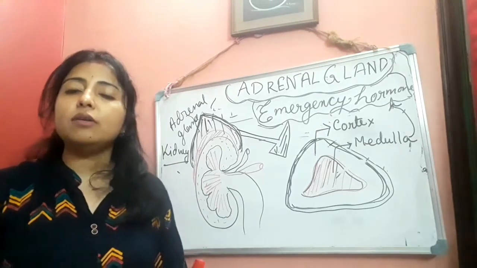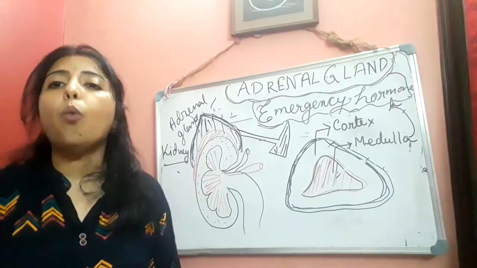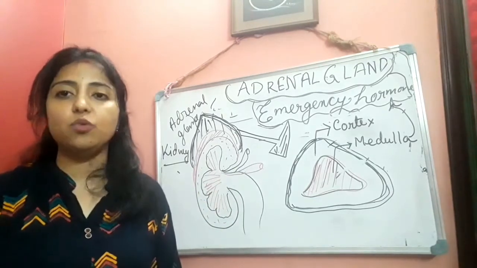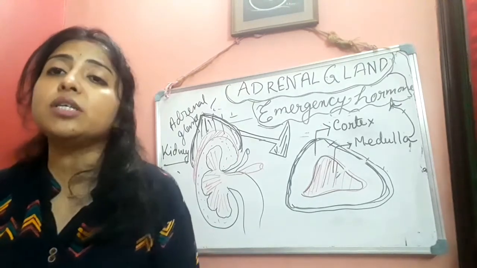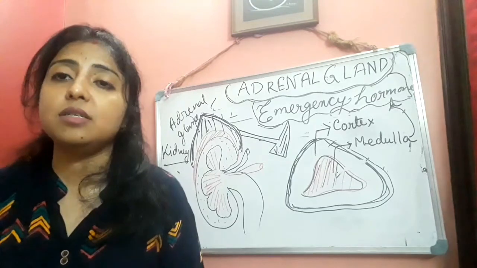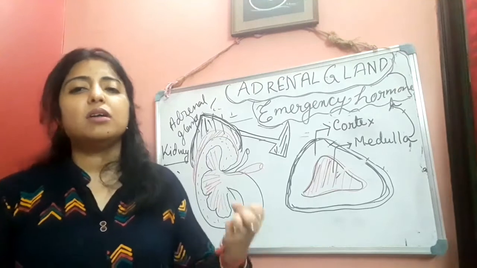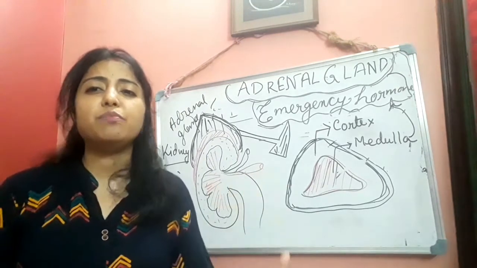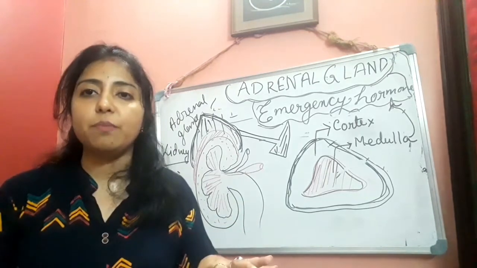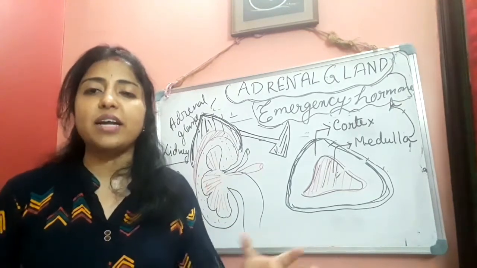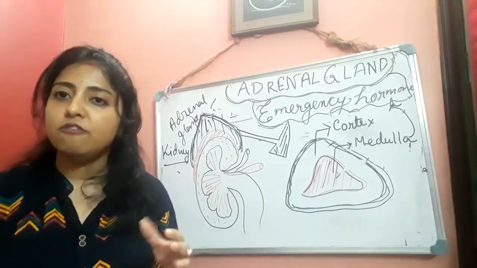Because of hyposecretion of this hormone, one kind of disease may happen. You know the name? Yes, that is known as Addison's disease. Addison's disease. At that time, what will be happening? Blood pressure will be lowered. Carbohydrate metabolism cannot happen properly. Different types of physical stress and other activities may happen for that.